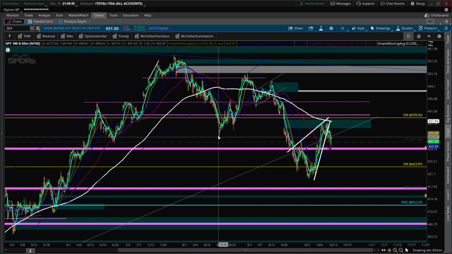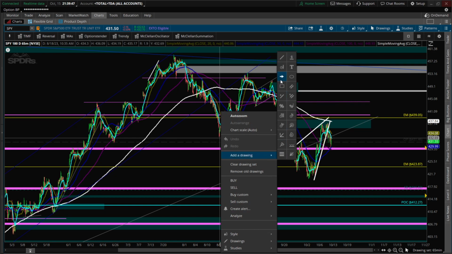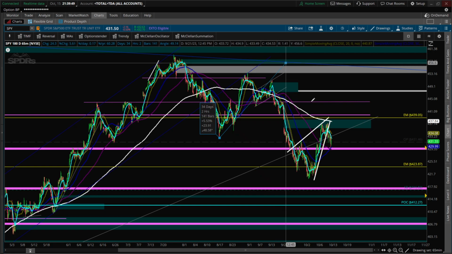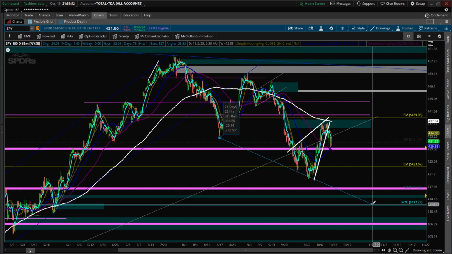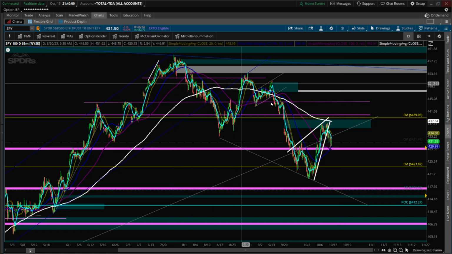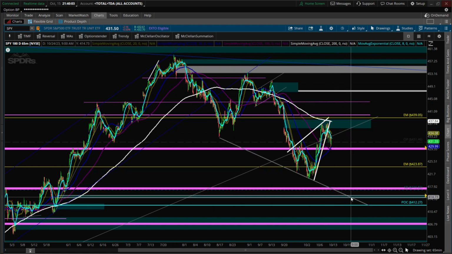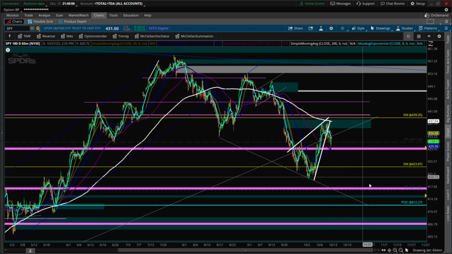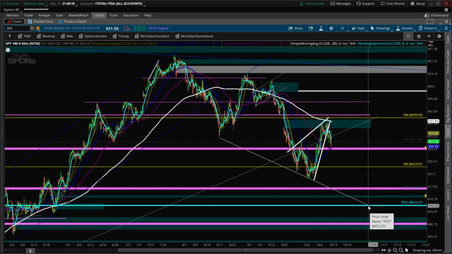Okay, let's see if we can try to make a trend line here down to this. Because if we're getting down to the 410 area, you see the point of control at the 412. That would be a good area for another low. If we're trying to get this new low here, it's possible that we have that last wave. So 1, 2, 3, 4, and just one more wave down. I don't know how long it's going to take. Nothing moves in a straight line. So possibly to this point of control here, or maybe this low around the 417. Anywhere in this zone would be